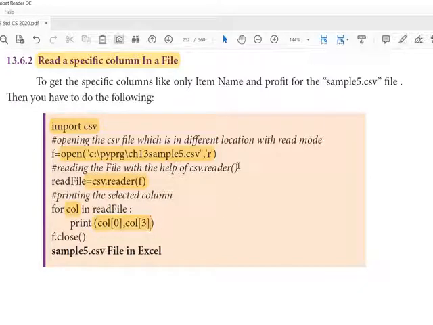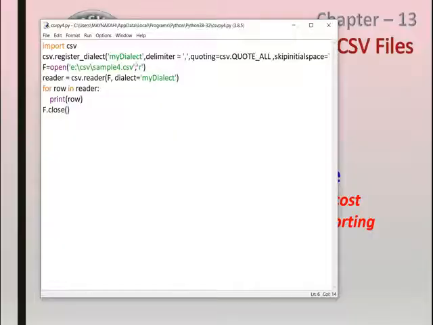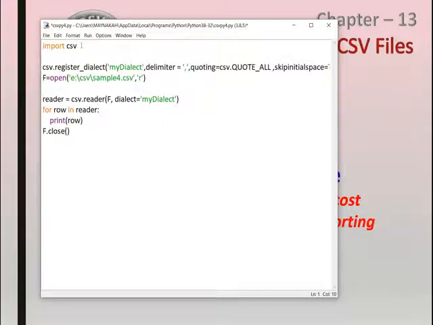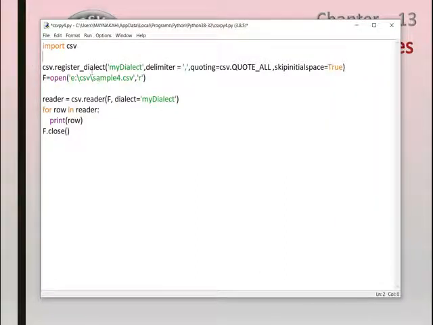Let's see with the example. So this is a normal file. That means you have learned this in the previous video: importing the module and this file. The first line is csv.register_dialect, open bracket and parameters: first a user defined variable, and the delimiter is comma, and the quoting is to allow all the quotes, and skip the initial space.